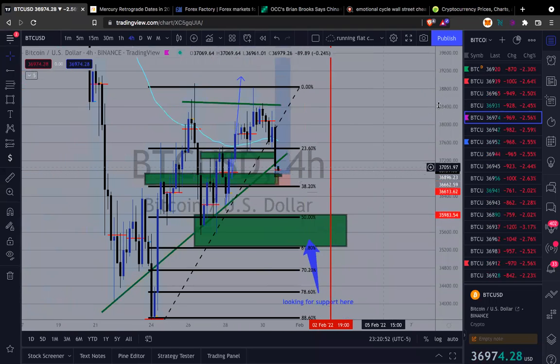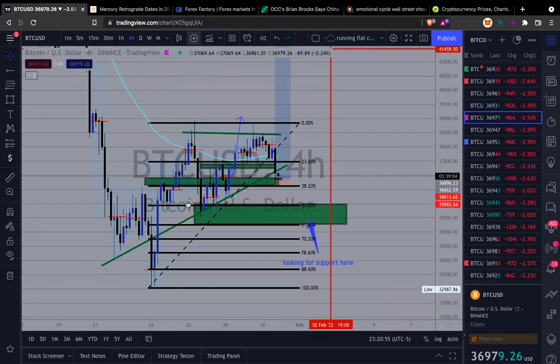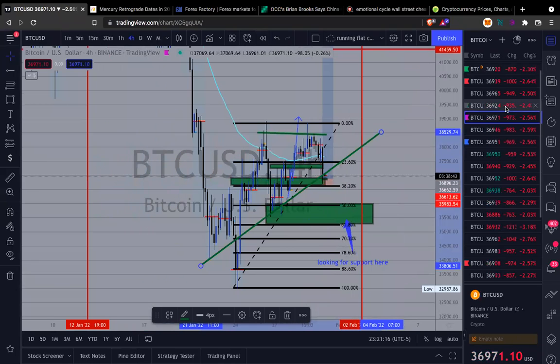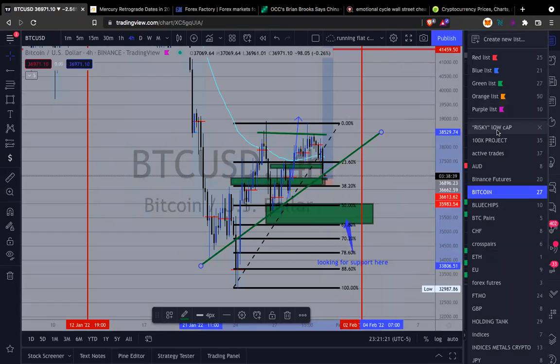But market structure kind of shows 1, 2, and this is like a horrible 3 on a large time frame. There is a trend line here that we broke once, so we can break this again and come back up. Realistically, I don't expect this to move until we get closer to this date right here. But before this date, it might move. I don't think there's any big news happening this week. Actually, sorry, what am I talking about? It is NFP week, so that means most likely the news, which will also coincide with